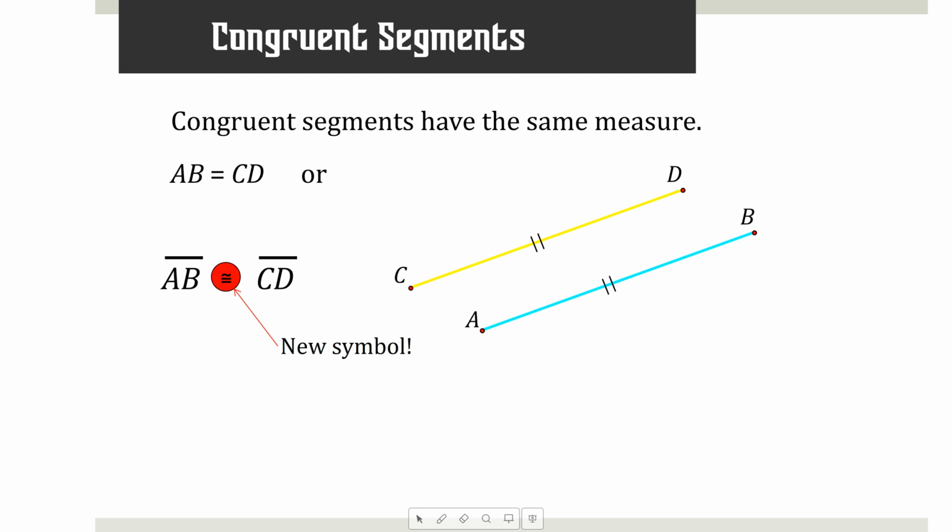It seems like I'm getting overly picky about it, but we want to stay more in the congruent world because that has a better application for what we're doing. If you're solving algebraic equations, that's a different story. Those are equals. But when we're talking about objects being the same shape and size, we're going to use the congruency symbol. Have you seen that before? Yeah. Good. Okay. And I talked about tick marks already. Ways to show that things are congruent in a picture is using tick marks. So we'll get more practice with that as we go on.